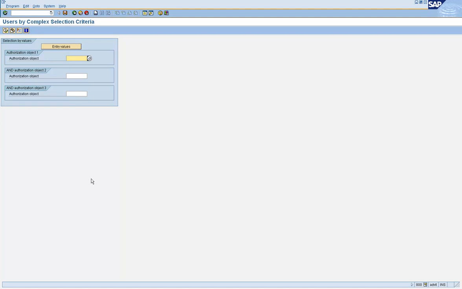You can have SU01, but you probably can only lock and reset the passwords. You cannot create the user IDs. You understand? So many auditors sometimes come and check who has access to SU01, and then they presume that all of them have access to creating user IDs.